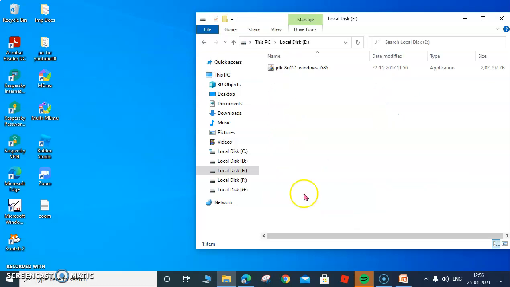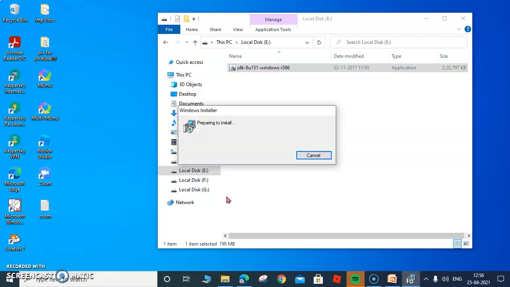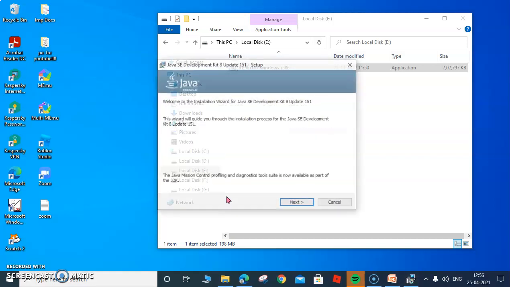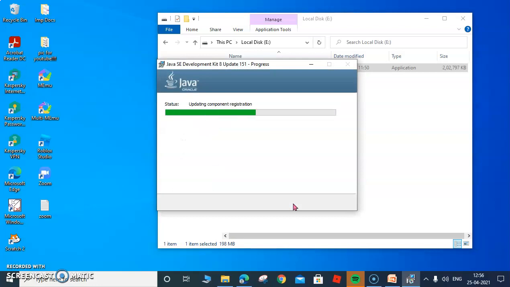So as you can see in this E drive, I have downloaded JDK. You can freely download from the internet, and once it has been downloaded you can simply install it by double clicking. So we'll see how the installation goes. So it is asking us for a user access control, so we'll see the installation process first and then setting up the path. So here is a wizard, so we'll have to follow this wizard accordingly,